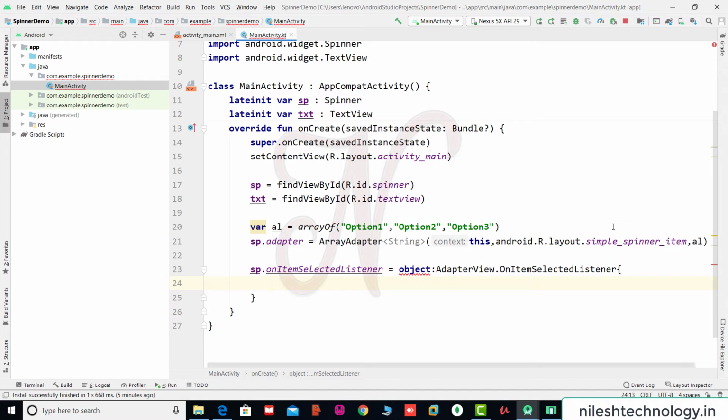So this is the function. Here we override some methods. See here there is an error because we are not overriding some methods.